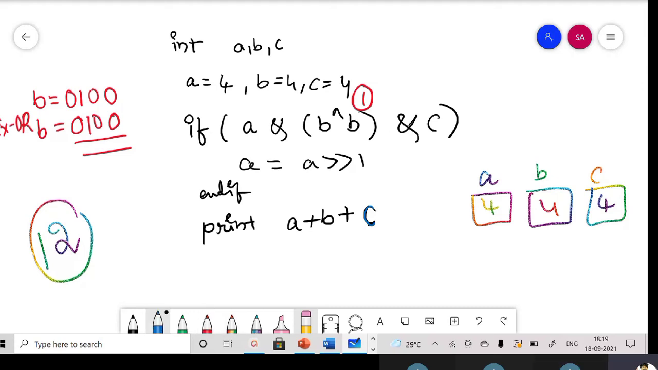So 0 and 0 is 0, 1 and 1 also 0, 0 and 0 also 0. So we got the 0. So this total has become a 0, right? Okay. Then